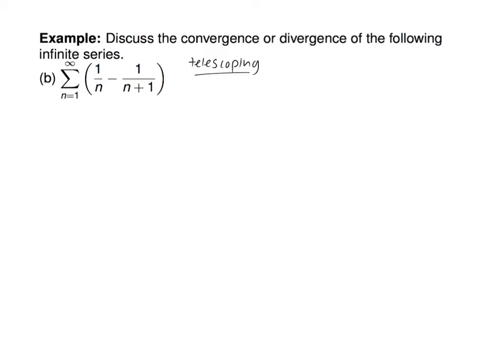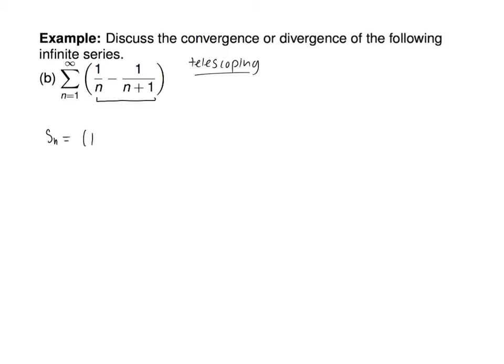I understand. Okay, let's write down what the partial sum is. List the first 3 or 4 things. First, input 1 into that expression. Can we start with 0? No, we cannot start with 0 because of division by 0, and because the little bottom index there says to begin at 1. So start with 1. When you plug in 1, you get 1.